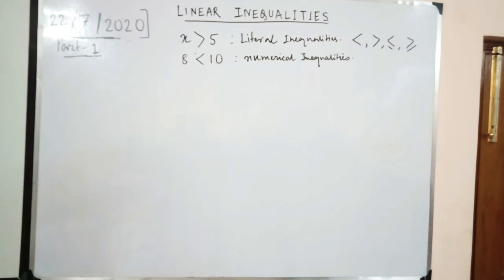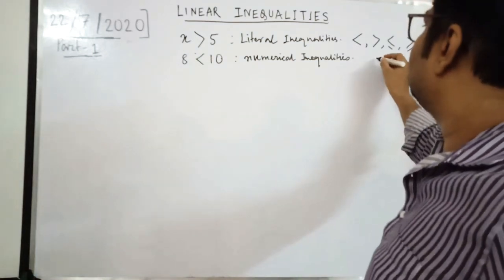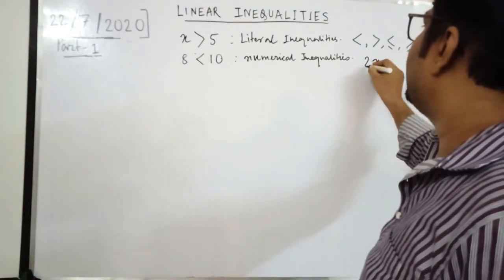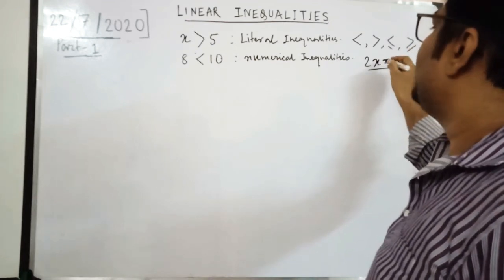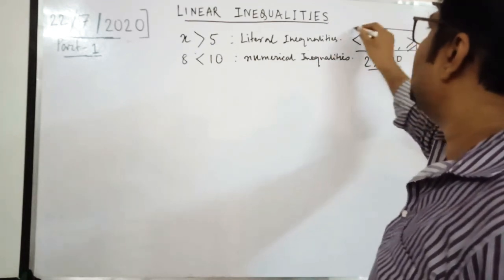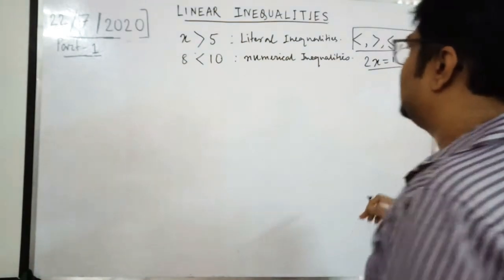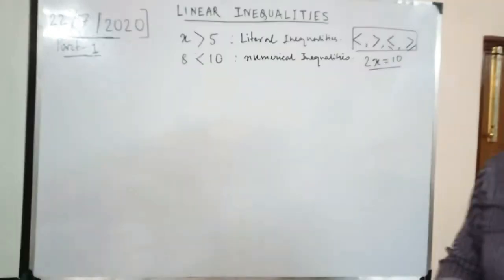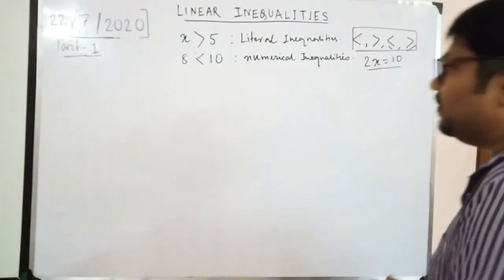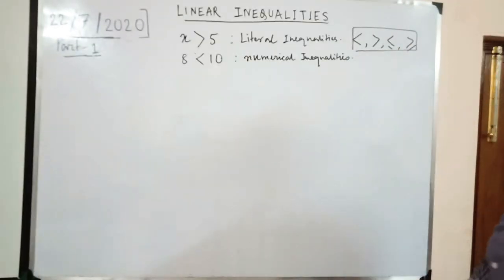Now instead of an equation like x equals to, or say 2x equals to 10, we are putting these symbols, and therefore instead of equations we are getting inequations or inequalities. That means one side is smaller or bigger than the other side, so they are not balanced. Okay, so we can discuss simply the rules of inequalities.